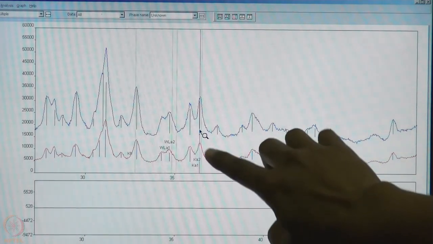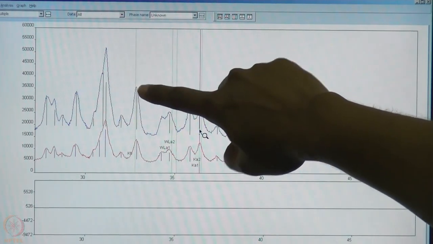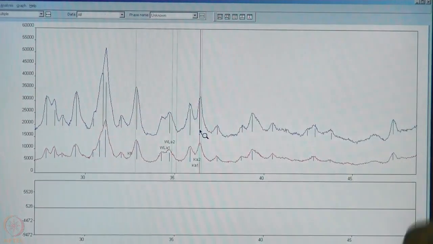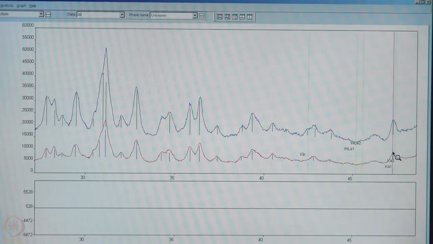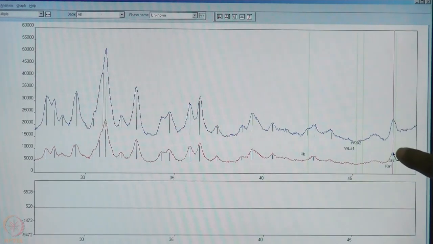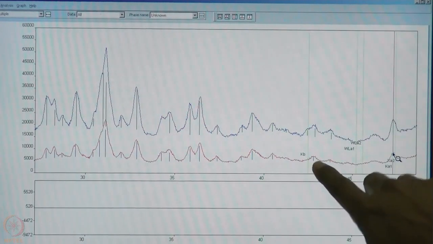See here again, this peak is the K alpha peak, the corresponding K beta is here. As a result, this peak intensity has increased. So, K beta is now hiding behind a genuine K alpha 1 peak. And since we recorded this data only up to 50 degrees 2 theta, we have peaks up to about 46-47 degrees. So, this particular peak also once again appeared somewhere there as a broad one,